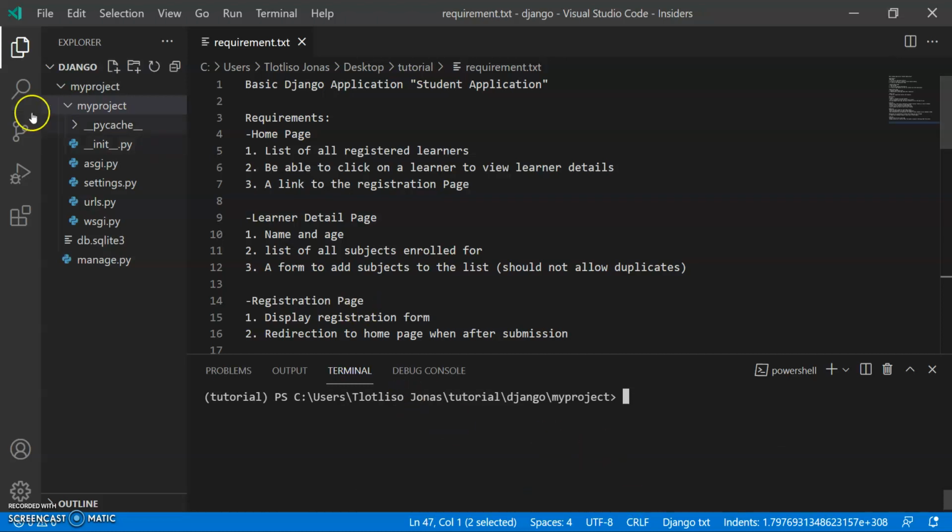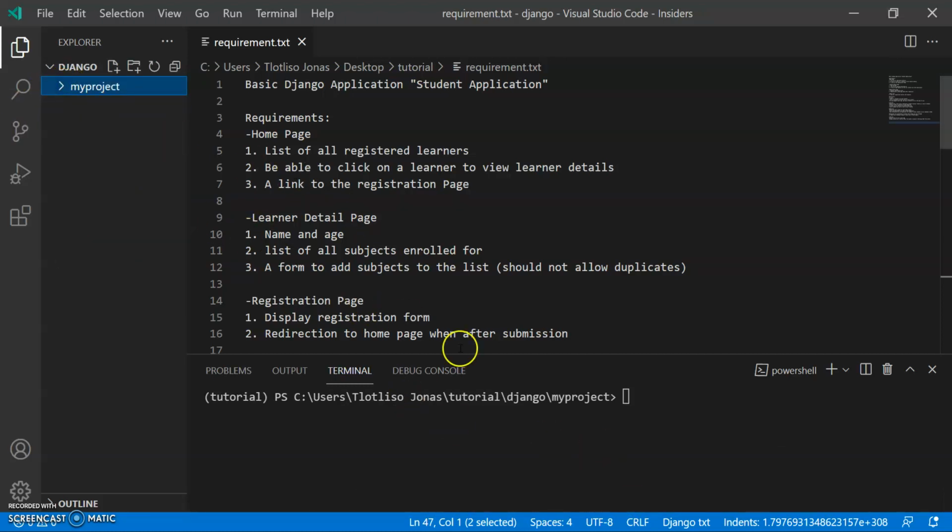So since we have our project initiated, the next step is to create our Django application. In your Django project, you can create as many applications as you want. You see, at the moment, we don't have any application. So I'm going to create my first Django application, and for that, you run this command, python. Since I'm using a Windows laptop, I don't have to write python all the time. I can just use py. So I'm going to continue like that. But if you're using a Mac, you have to type the whole word, python, instead of py.